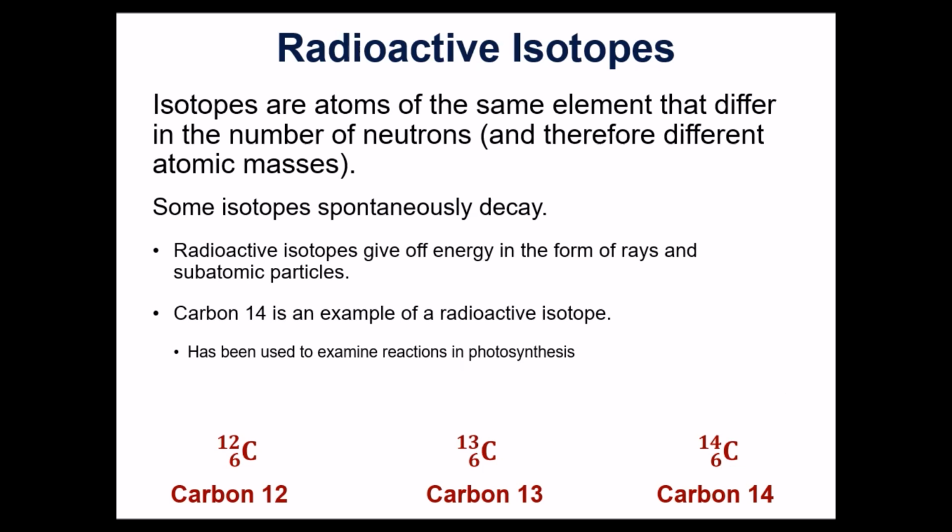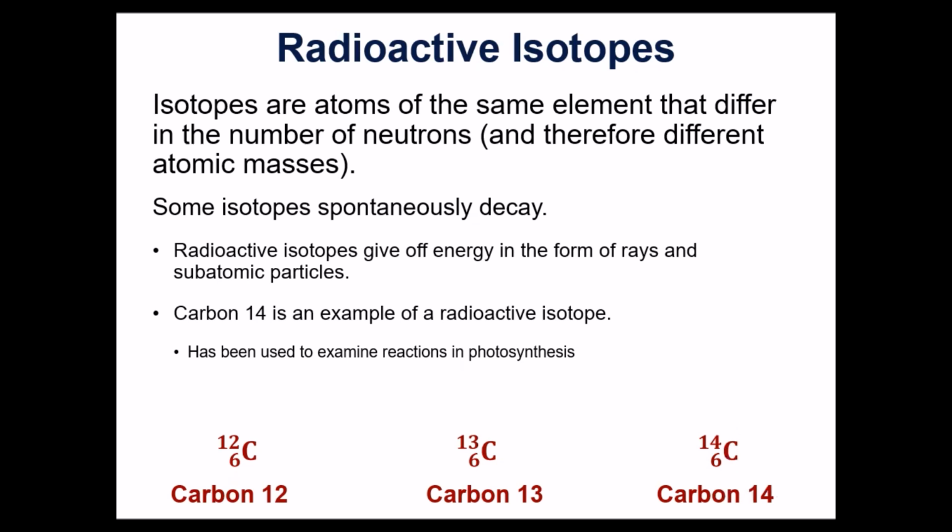This is used, and we'll see this later in the semester, but this is used in what's called radioactive dating. They can know properties of this isotope, how quickly this decays. In other words, this is radioactive. It's trying to get back down to its kind of neutral form, back down to carbon 12, and that takes a certain number, in this case of years, to decay. And so they can use this to help to date fossils of living organisms.